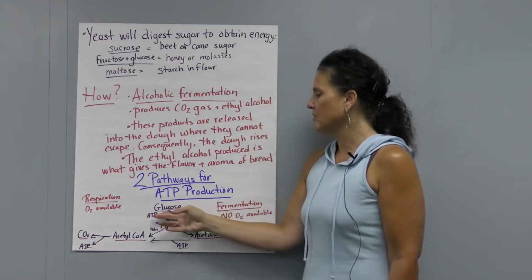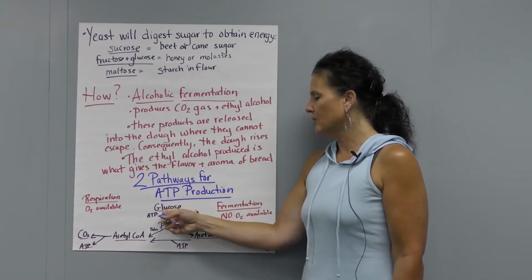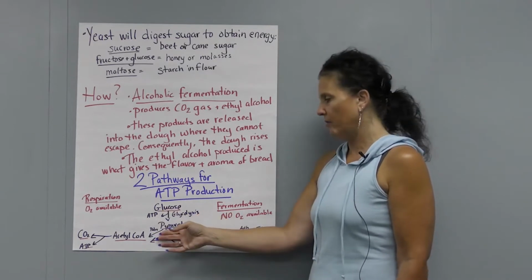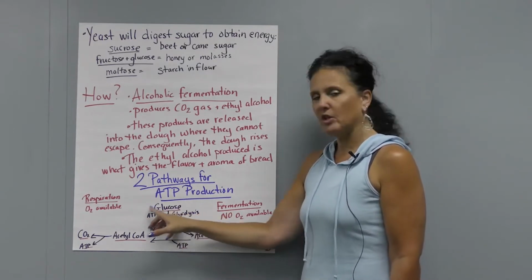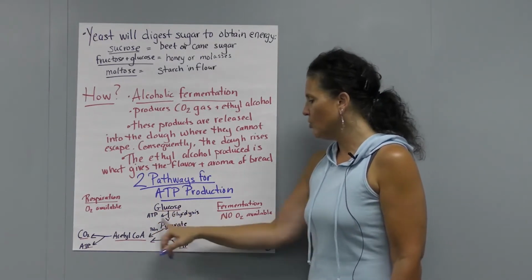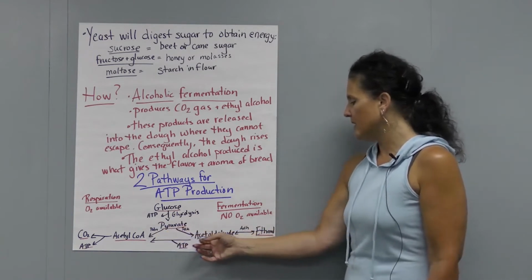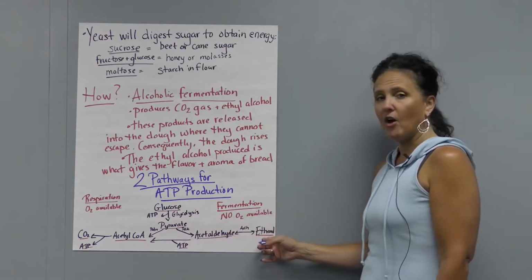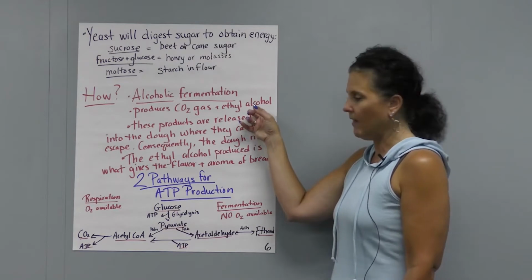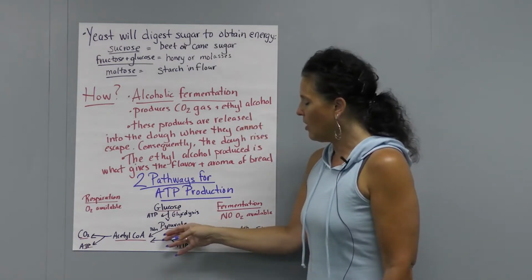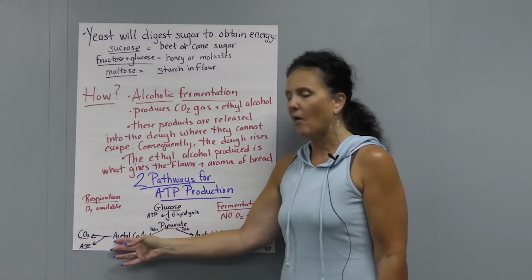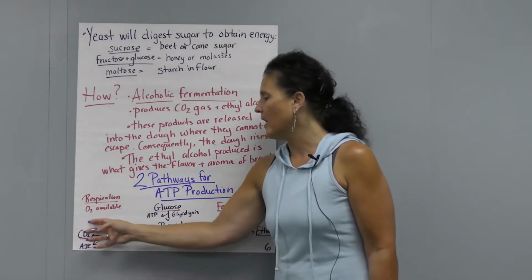We have glucose, there's our sugar, and it goes through what's called glycolysis, and we get pyruvate. We get ATP, energy production, here, and it can go two ways. We can go toward the acetaldehyde way, where we get the ethanol, which is ethyl alcohol, we've looked at this way. Or we can also go to get acetyl coenzyme A, and we get the carbon dioxide.